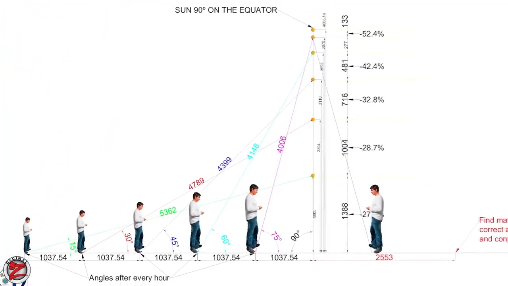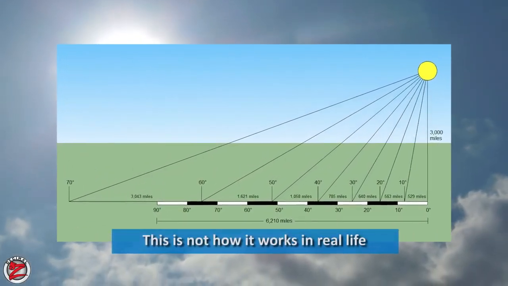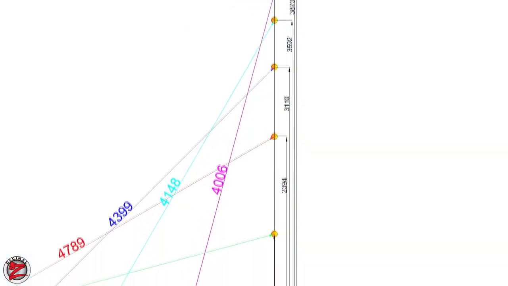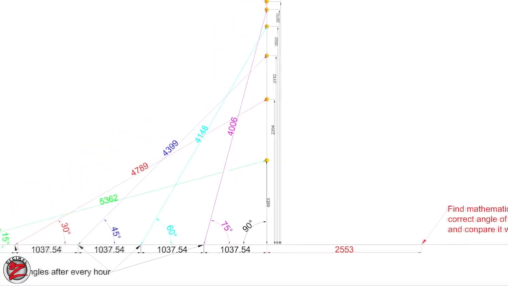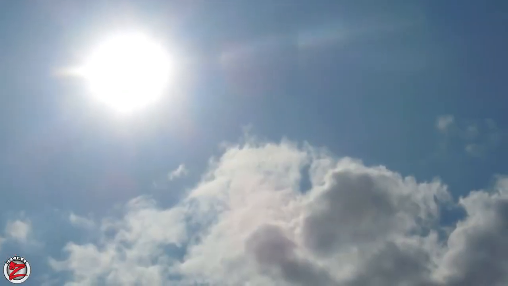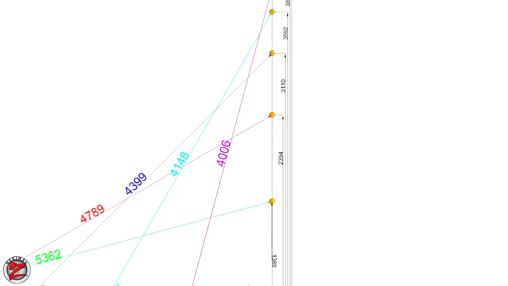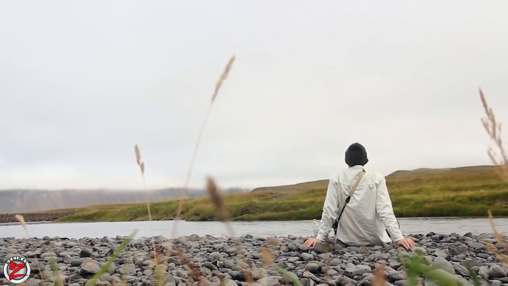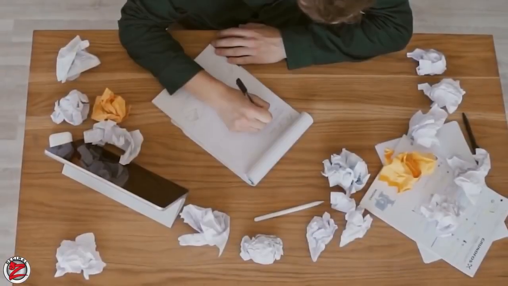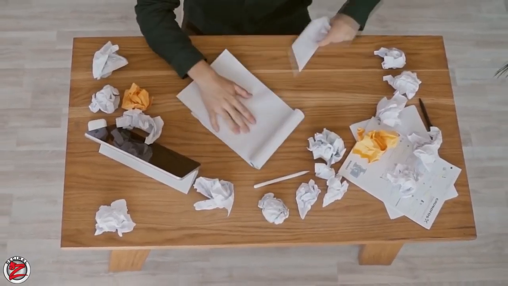But how is this possible? The angles should only intersect in one point because we only have one sun and not many suns. So how can other people see it at different altitudes? How does the sun set and rise? This graph was made by me based on real angles and real scales. So what would you do to solve this problem? Based on these results, if the earth is flat, there may be no way to solve it.